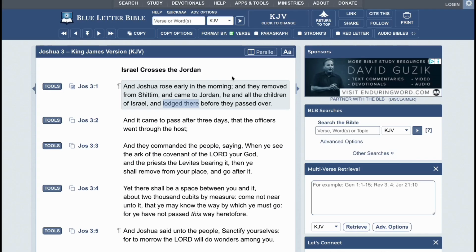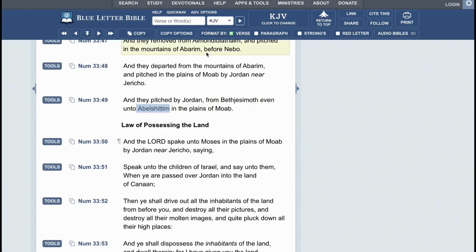It's not a whole day trek. If you look here, it says, "And they removed from Shittim and came to Jordan." There's no indication that this took longer than a day. And you'll see that they were actually very near Jordan, going back to Numbers 33, and they pitched by Jordan. So that's letting us know right here that